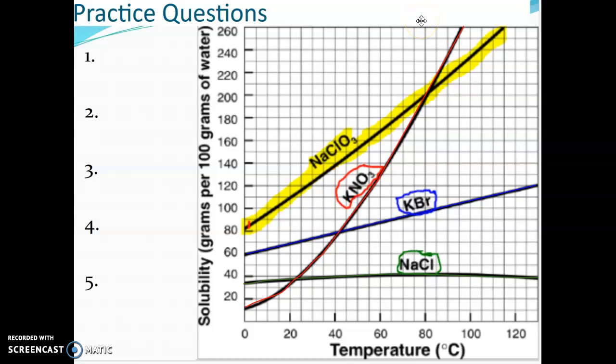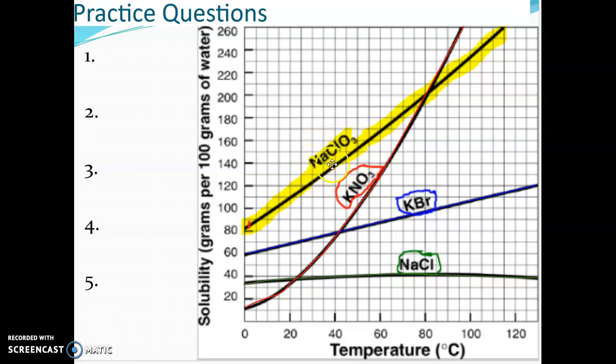Practice question time. I know these solubility graphs look really intimidating and really confusing. Here's the trick: make each line a separate color. This will help you focus on each of the lines separately. It'll cut down on the chances that you'll make a mistake or get confused, and it'll be easier to talk